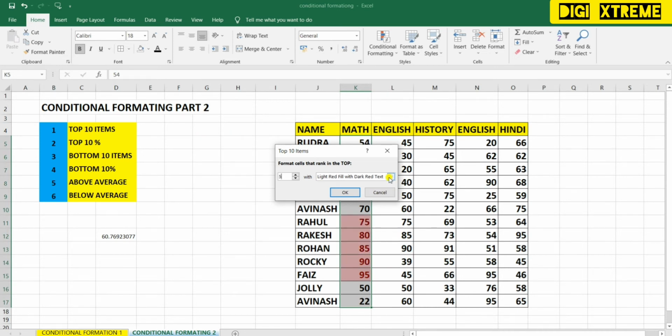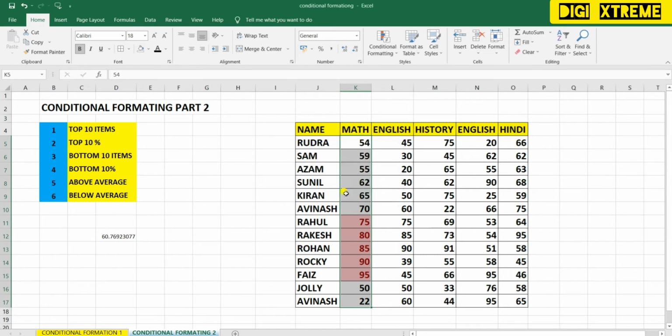Alright, then let's see. You can see it has highlighted the top 5 items. Alright, I am clear. This way you can get to know about top 5, top 10. You can highlight according to your requirement.